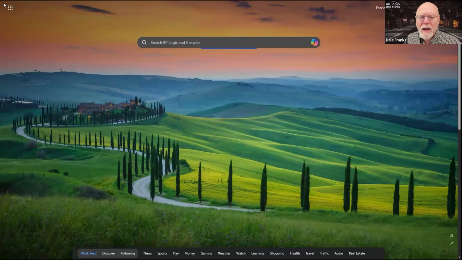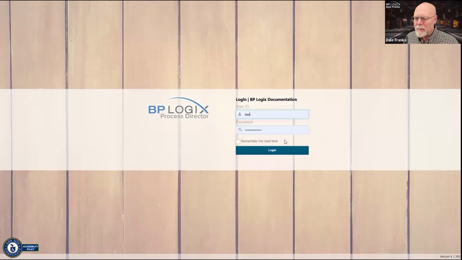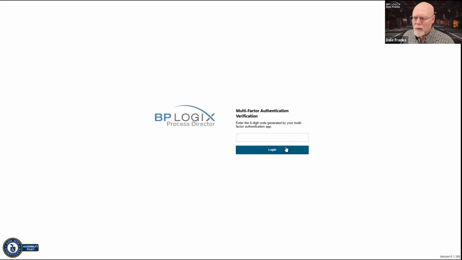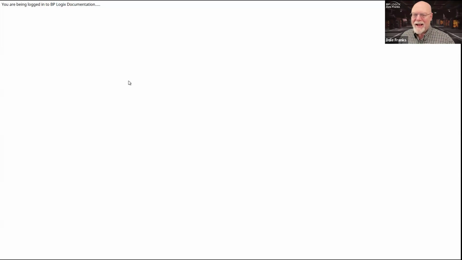I think it might be interesting if we go over to the documentation server, and let me log in here. And we'll take a look at that. Whoa, I've got two-factor authentication enabled on this one. So hold on. I have to grab my phone and log into this particular server. My current token, 599189. That'll get me in.